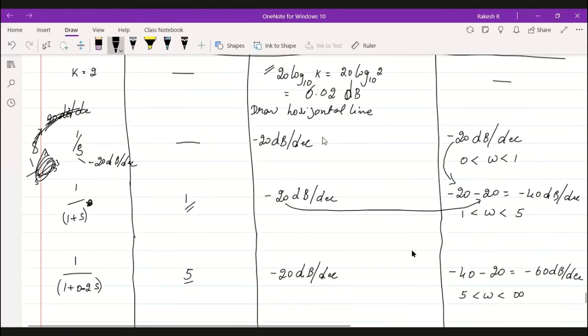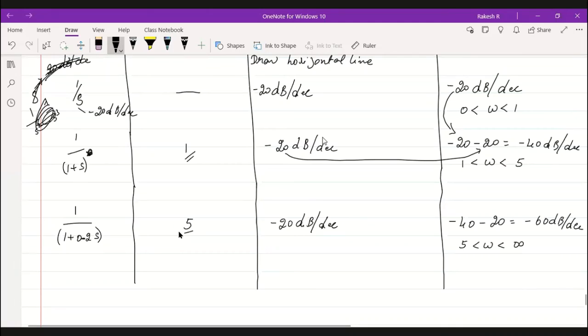This contribution you need to add here. Right? That is for the simple pole. For the next simple pole, similarly, you need to write the corner frequency and you need to find out the resultant slope. Resultant slope is minus 20 dB per decade only there again, and you need to write the previous slope here, and for the next contribution, that is minus 20 here. So add up that, and you need to write down the range. That is from that corner frequency to the next corner frequency. We don't have any next corner frequency, so at the end will be infinity here.